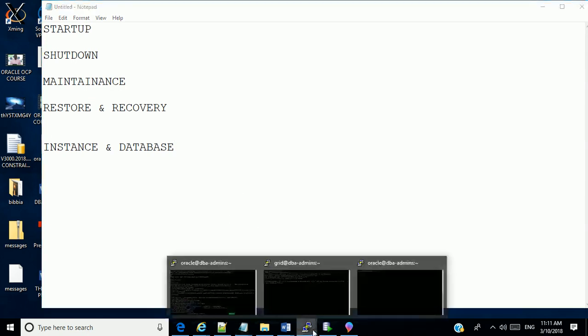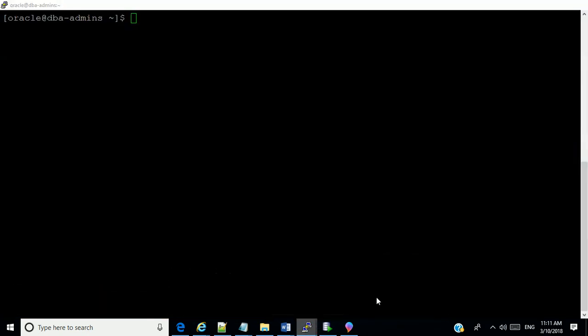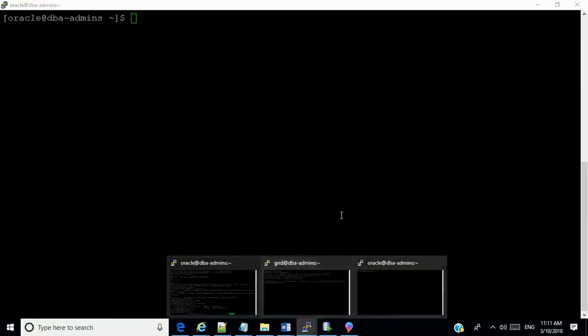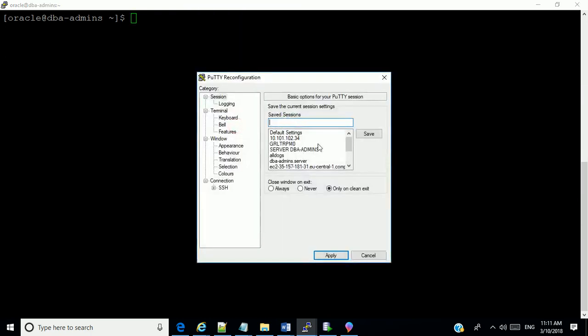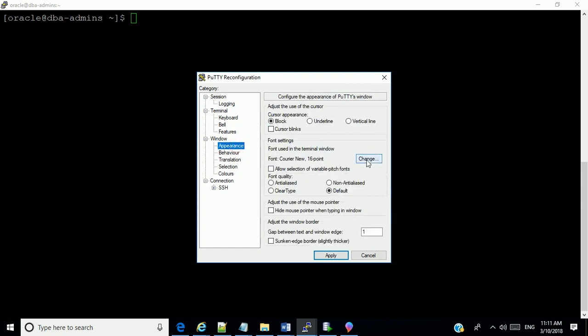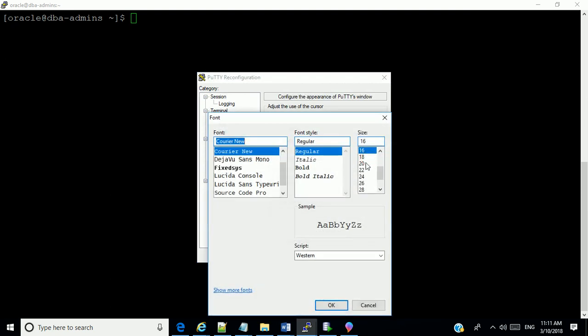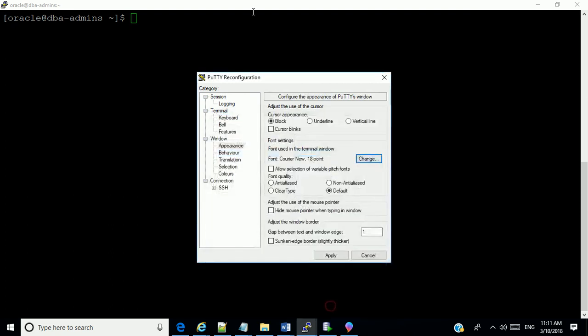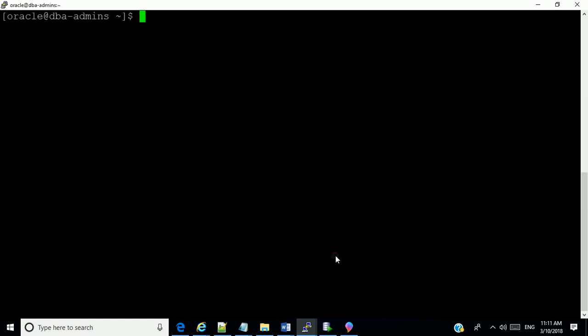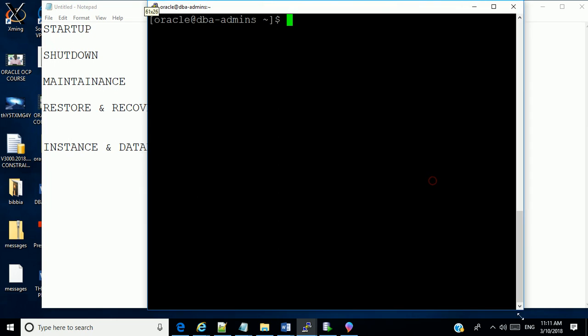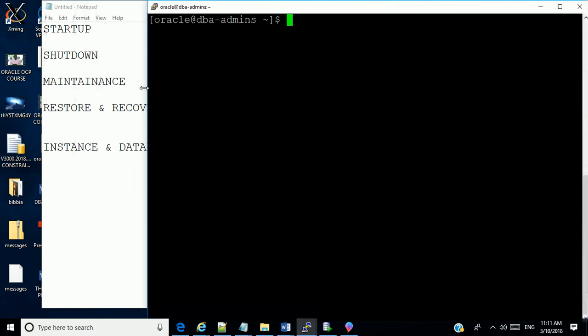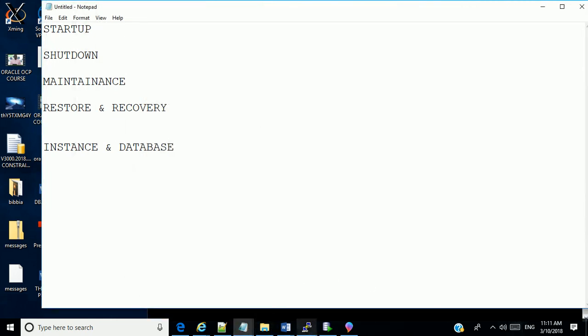I'm going to log in right now. I hope you can see that here. Probably should make it a bit bigger. Change the fonts to make them a bit bigger. Appearance. Make it 18 so you can see that. So right here, I just opened a connection to my server.